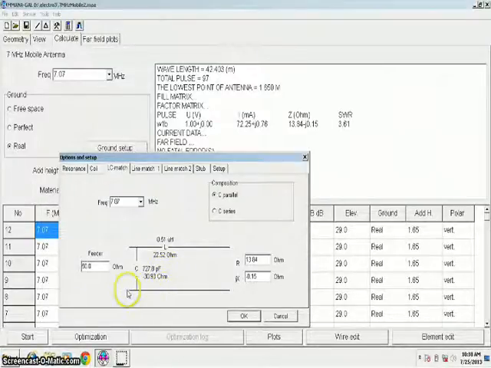Okay, and this side goes to the outer of coaxial, and this goes to the ground,